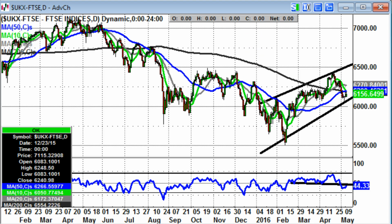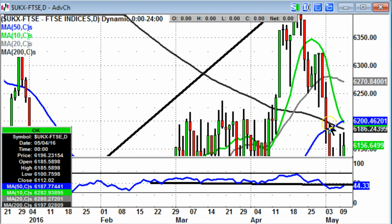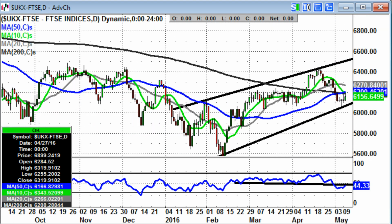Starting off with the FTSE 100, where I've got a couple of people saying that we've got a golden cross here, between the 50-day and 200-day moving averages. As you can see, the 200-day moving average is going down, the 50-day moving average is going up. That's the black and the blue lines respectively, so it's not a golden cross, it's just a cross. But the 50-day line has crossed above the 200-day line, which could be to some a buy signal, just in